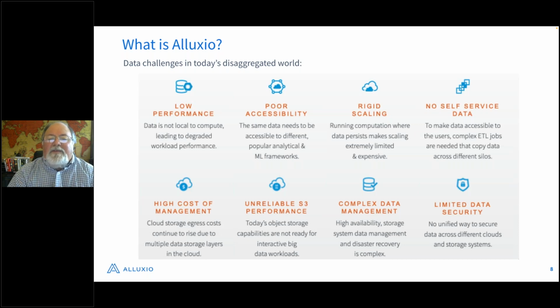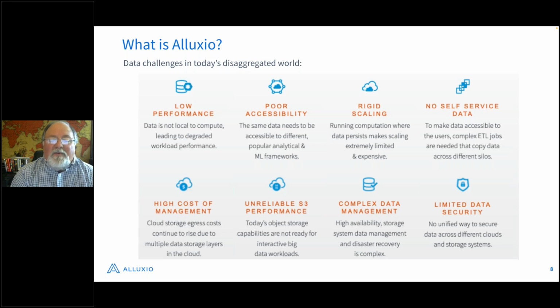The scaling becomes harder to deal with, and then you've de-emphasized the self-service nature of data. Obviously in the last 10 to 15 years, we've been promoting self-service data, but as you disaggregate data from compute, it actually makes it a little more complex, where you have brittle ETL jobs that have to be employed to make sure data is copied from one place to another, and it's not always reliable. And when it is, it's fixed, and it doesn't really allow data outside of that ETL process to be accessed. So yeah, self-service is a problem.